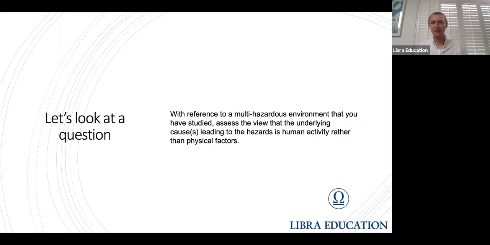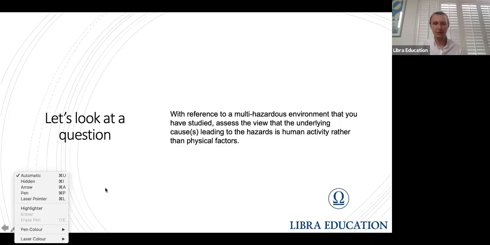Reference to a multi-hazardous environment that you have studied, assess the view that the underlying cause leading to hazards is human activity rather than physical factors. So what do we mean by this? Well, we're talking about